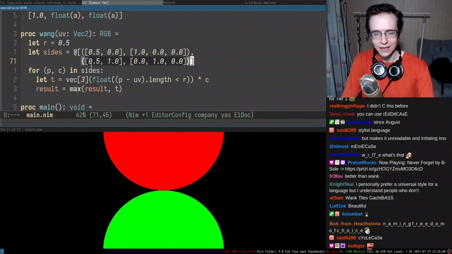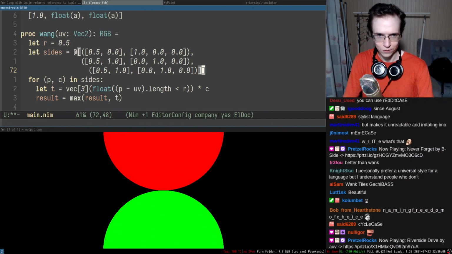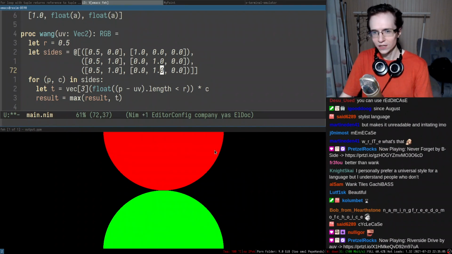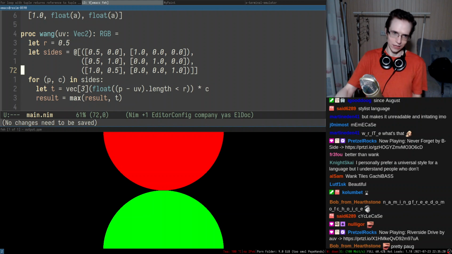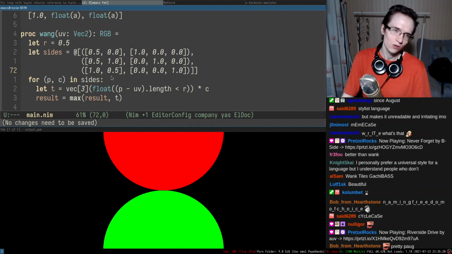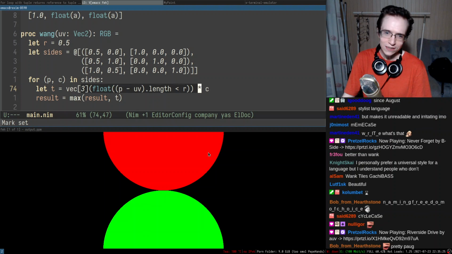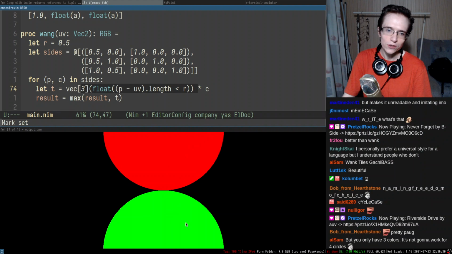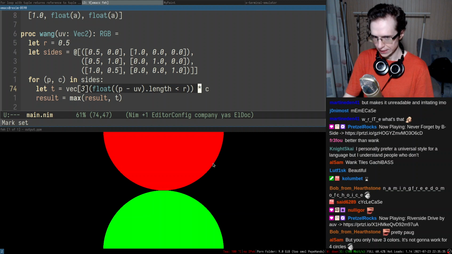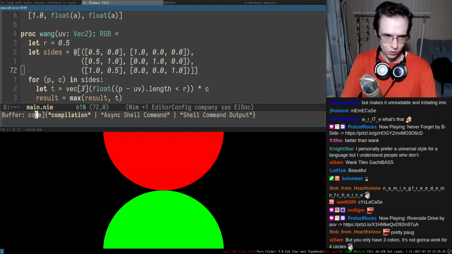So let's add another circle on the side, right? So somewhere at the right. The right position, in terms of X, I think it's 1, and in terms of Y, it's half, right? And let's also make it blue. And let's see how it's gonna look. We always try to take the maximum component-wise, so that means in a place where these things intersect, we're gonna see a really weird, let's say color blending, I think. I think this is what we're gonna see. So let's go.